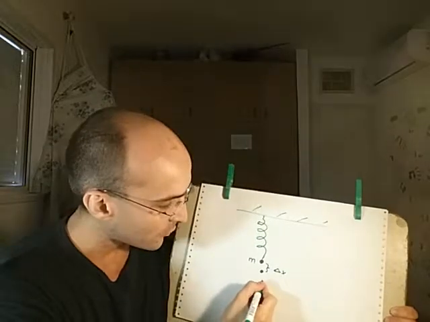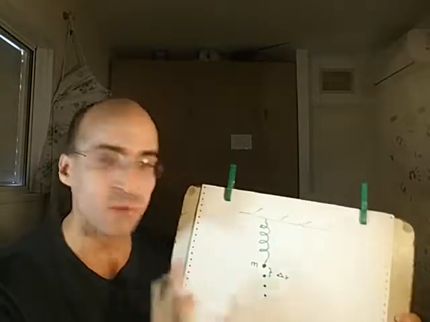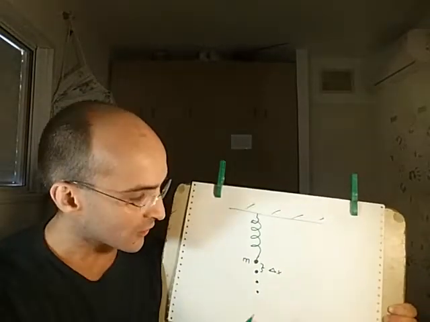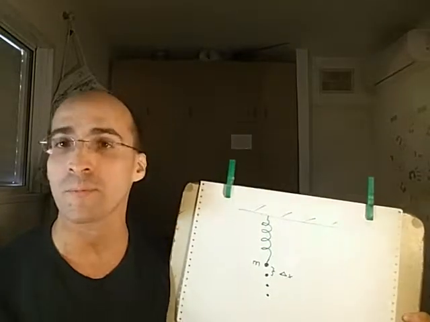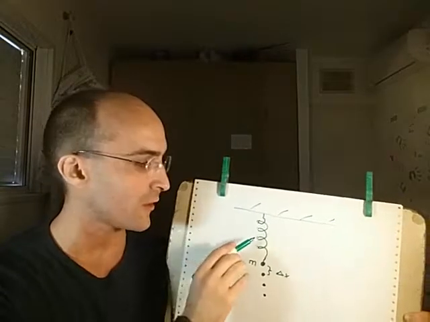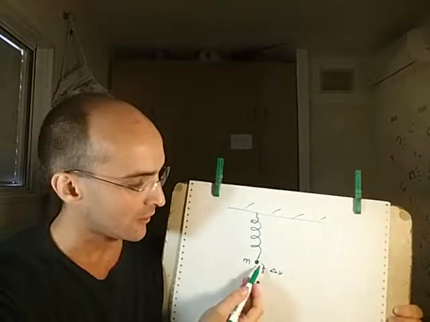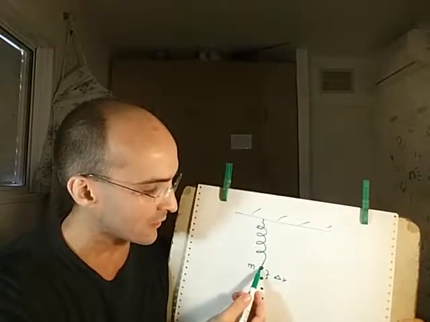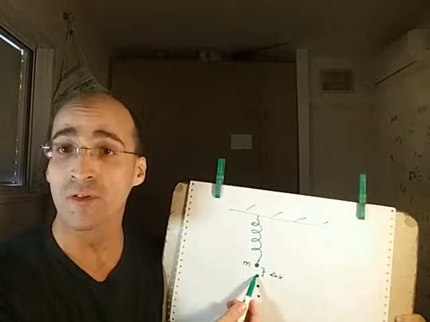Put another little mass, 3m, another little mass, 4m, and in between we're allowing the system to stabilize and stop moving. And we can see that these differences in delta x in length are always the same. And this teaches us that the force that the spring is exerting on the mass is actually proportional to the change in its length. So every time the spring is acting with a stronger and stronger force on these accumulating masses,